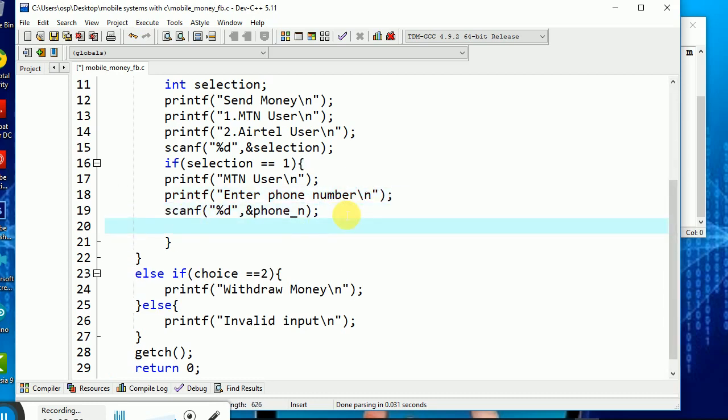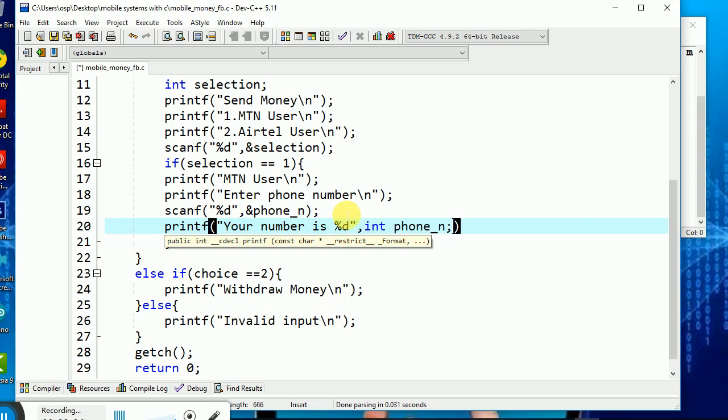So I'll just come down here and simply say printf, and I say maybe your number is maybe %d, like that. Then I paste my phone number there. So that's it. That's what we have. I just want to move that, get that one off.